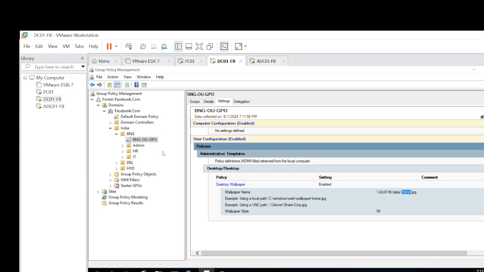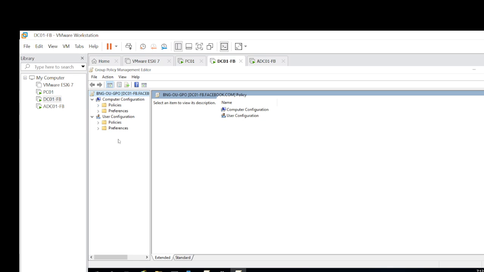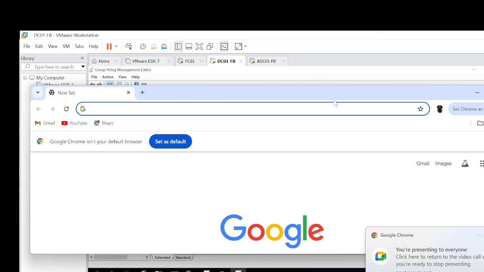Okay, how to set the command prompt? Right click on this, edit policy. As soon as you edit the policy, you will have these two options: computer configuration and user configuration. Now you don't know where that setting comes. So normally you can just Google that, but while googling you have to tell it